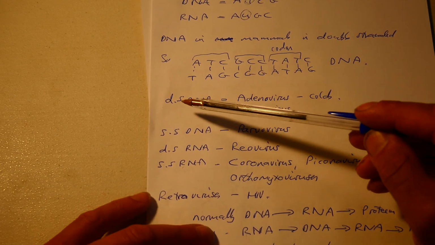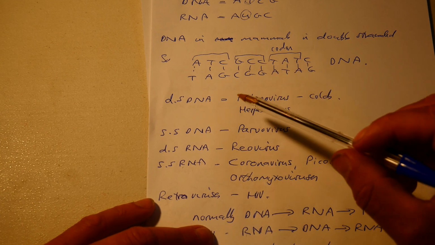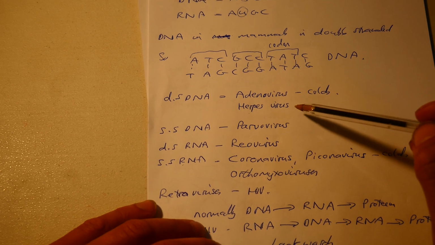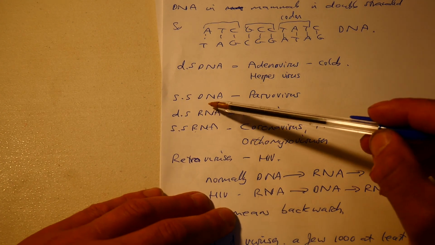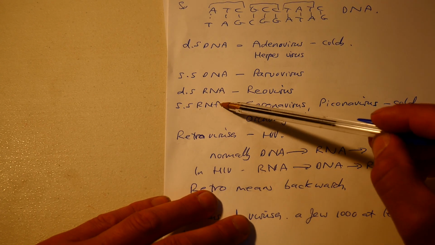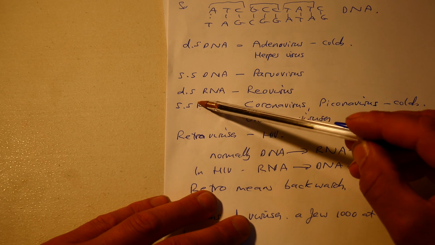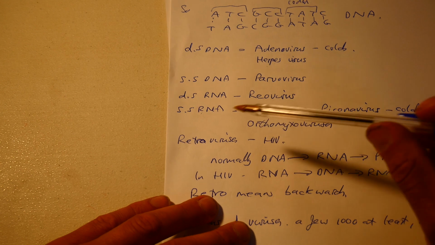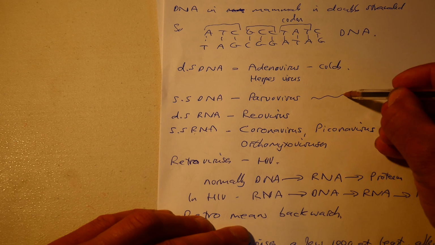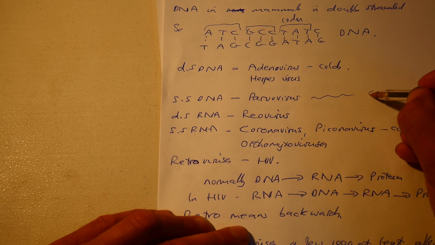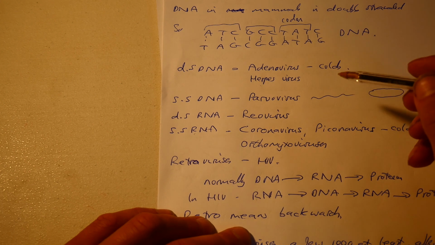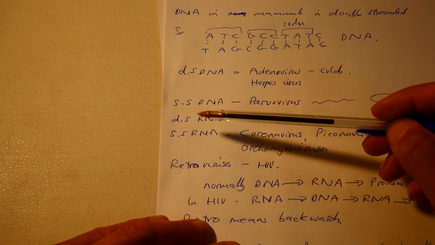Regarding viruses, you've got double-strand DNA viruses. One example is the adenoviruses, which cause colds. Another one is herpes virus. Single-strand DNA viruses, you get the parvovirus. Double-strand RNA viruses, you get one called the reovirus. That can be represented as a single line, but they actually also form a single loop, which is a single strand. And then single-stranded RNA viruses,